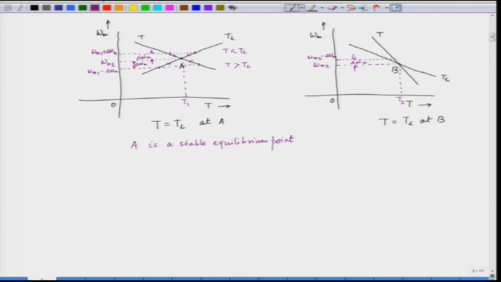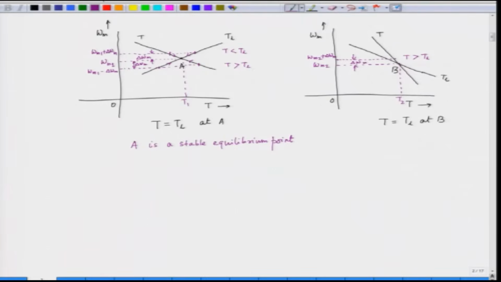So, we see that in this case the motor torque is higher than the load torque. So, here we have T greater than T L. When the motor torque is higher than the load torque, the motor is more powerful than the load, and the speed will go on increasing. So, it means there will be divergence. The speed will be further increasing and the characteristic will diverge and run away from the point B. So, it looks like the equilibrium point B is an unstable equilibrium point.